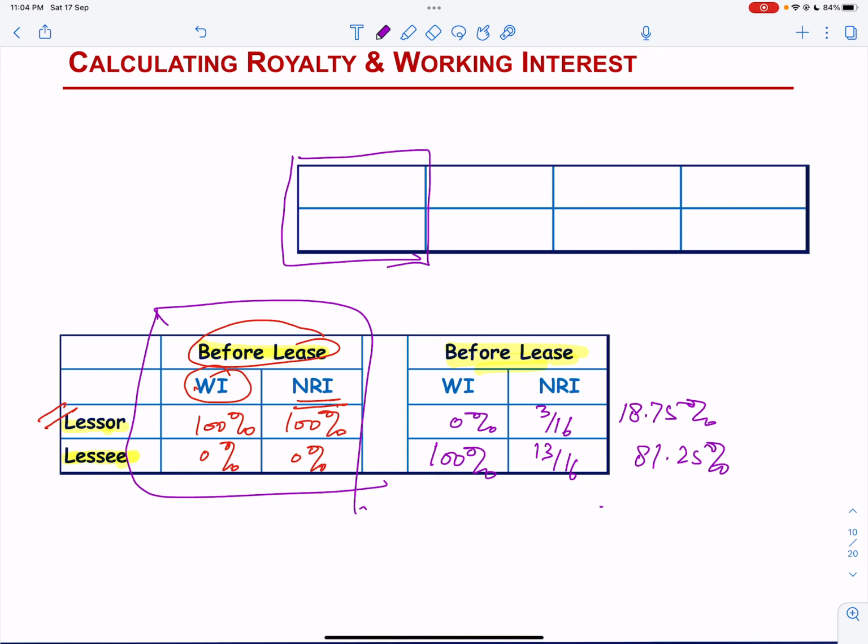Let us assume that the total area of this piece of land is 640 acres, and there is a government regulation that there can be only one well in a total area of 640 acres of land. Then there will be a pool of owners, and all these owners are included for the payment of